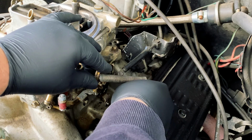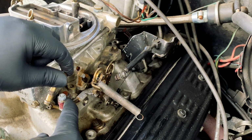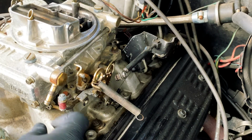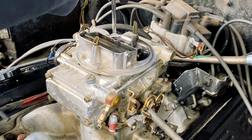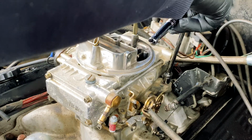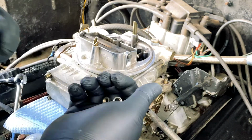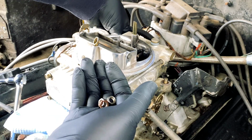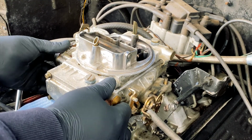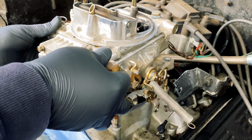So next I need to remove these 4 studs. Okay. I think that's free now. So now I think we just need these bolts to come out. Now the ones in the back weren't too bad to get to, but just gotta be careful not to drop them. I think I got everything. And now as I pick this up,